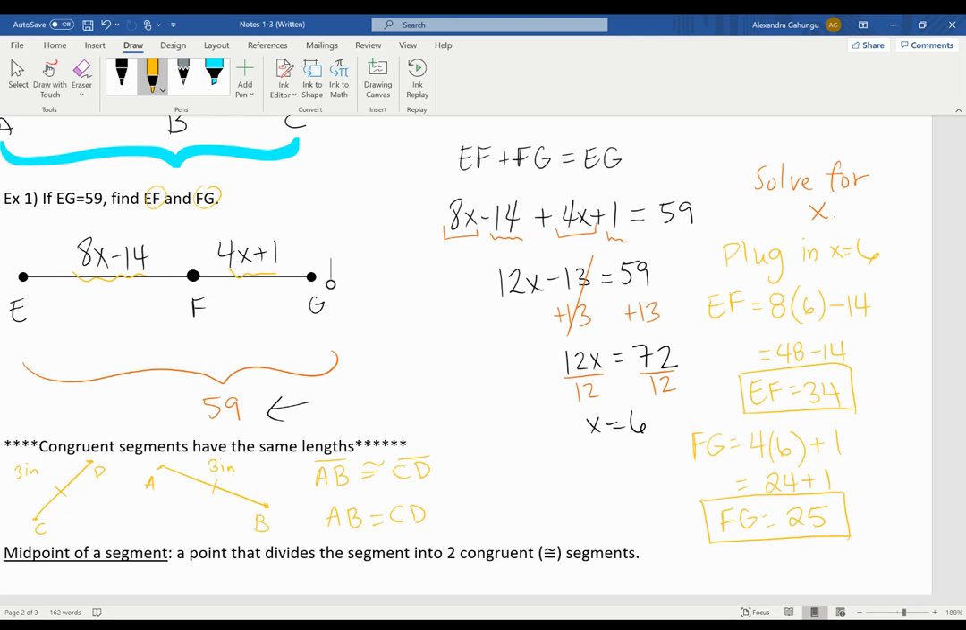And we'll have another video on the midpoint and segment